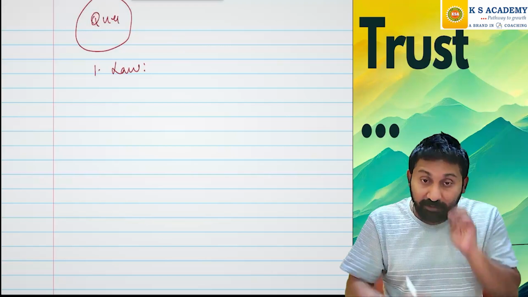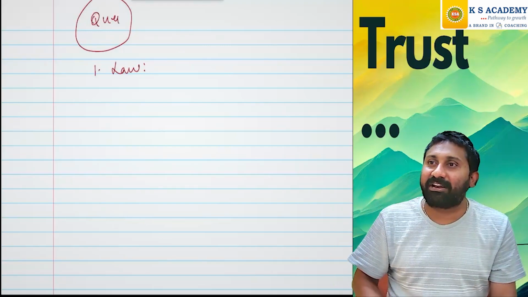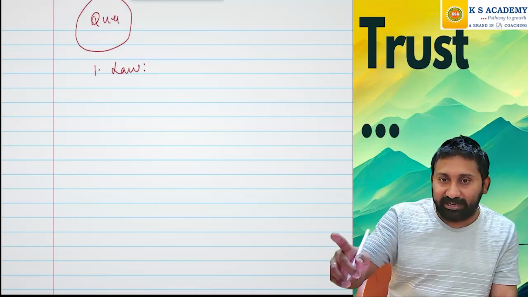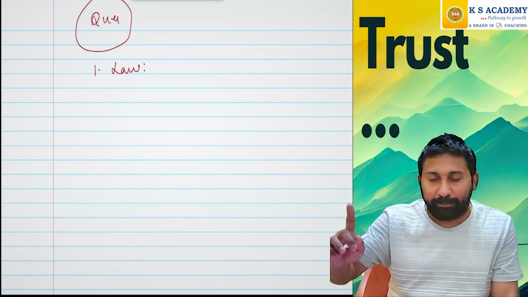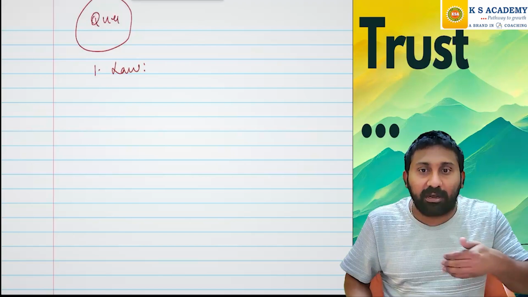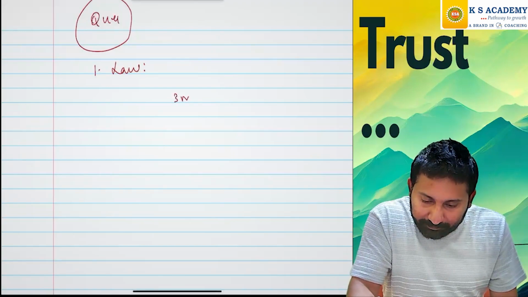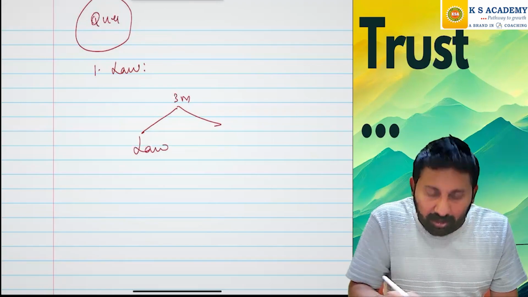Am I clear? If you go to the court, how does the judge deal with the cases? Directly he will not tell you are a culprit, you are guilty, you will be prosecuted, you will be penalized. Like that they will not give judgments. First they will speak about the law. If it is a 3 marks question, talk about the law first.